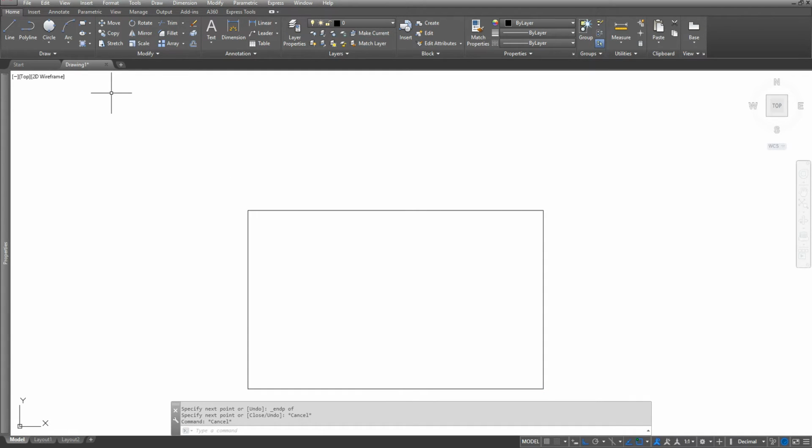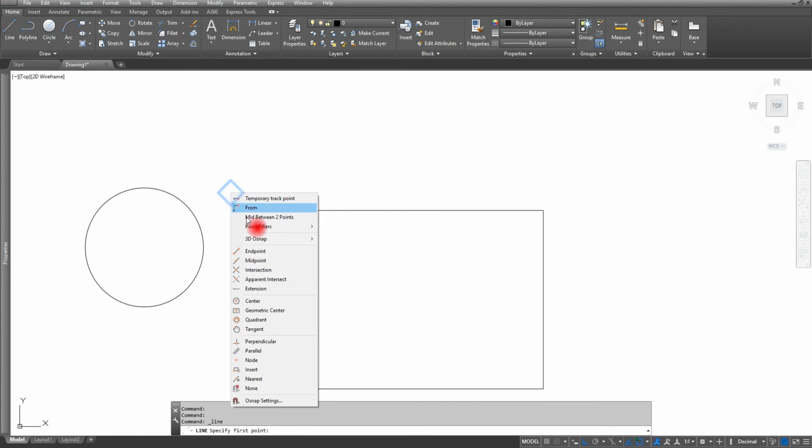We'll get into how to draw circles a little bit later in this lecture, but I'm just going to give you a quick one. I'm going to use circle, center radius, and I'll click here and type in a radius. Let's make it 1. So now I have a circle with a radius of 1, and just for example, if I wanted to connect this quadrant to that midpoint, I'll use a line,